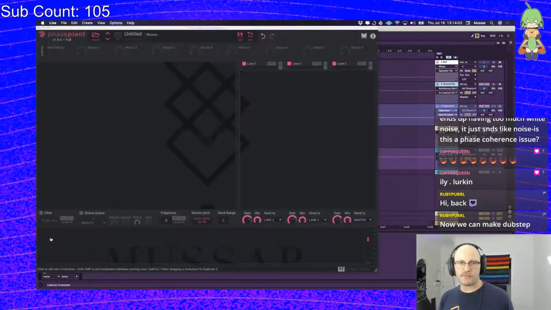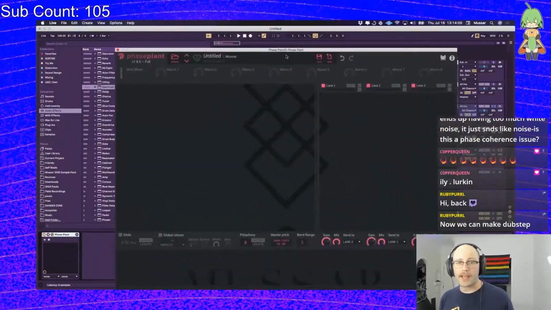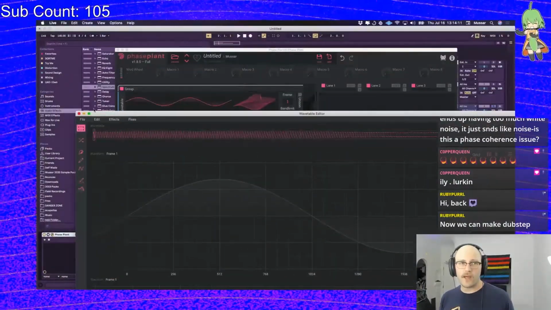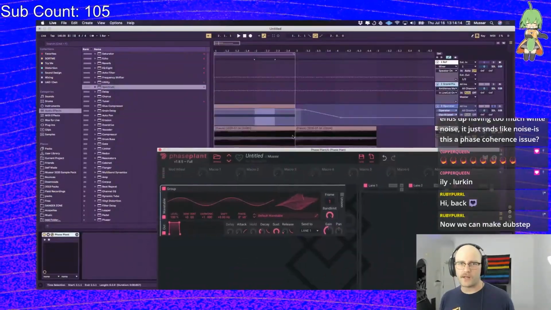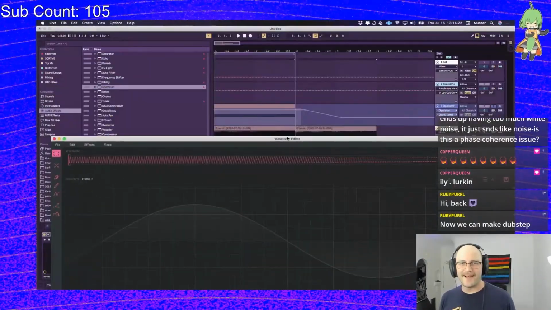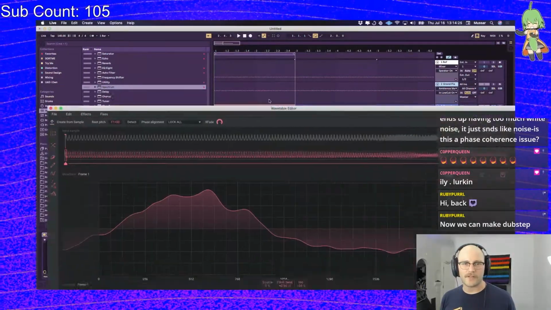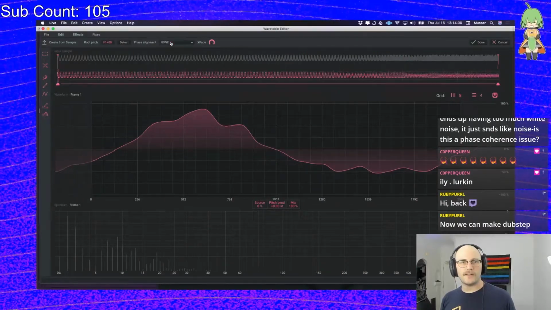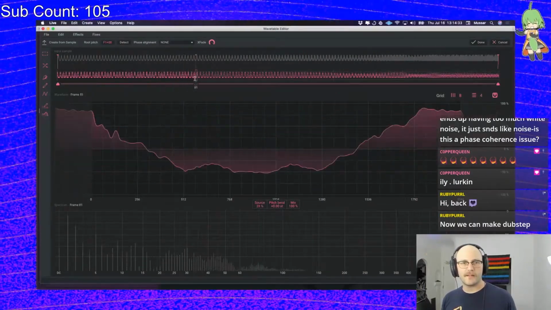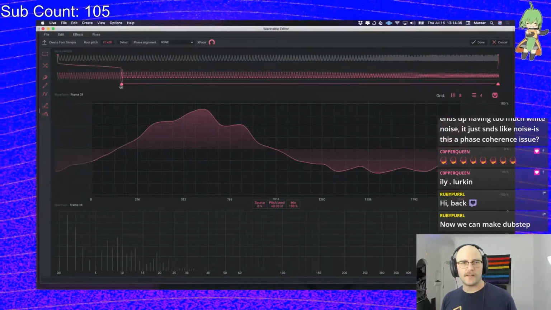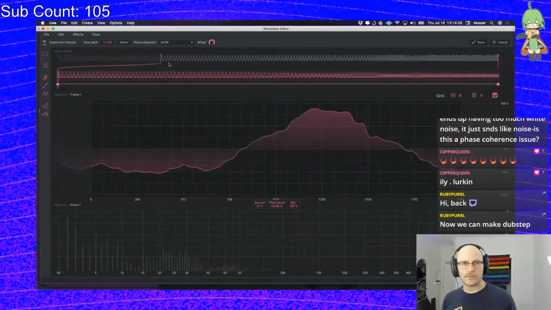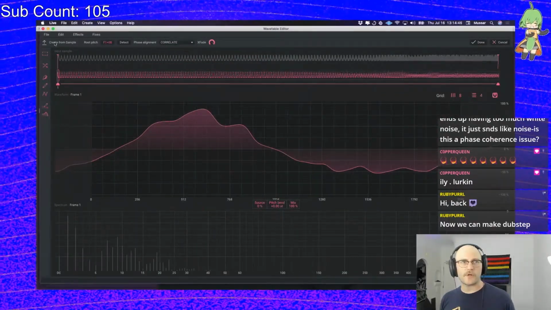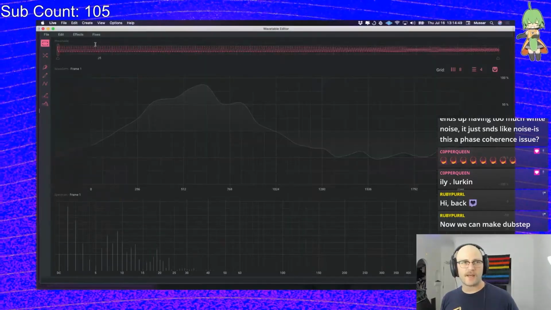in Phase Plant, the process is essentially the same. You just go in, you click on this. I don't think there is a great way of just importing the wavetable here. I don't think you can just do, oh, you can, never mind. Let's just drag this in. As you can see, it properly detected the pitch. You can see it has different types of phase alignment. With no phase alignment, it will just scan through the sample with maybe a little bit of correlation. Let's just do base correlation, save that as a wavetable, and now,